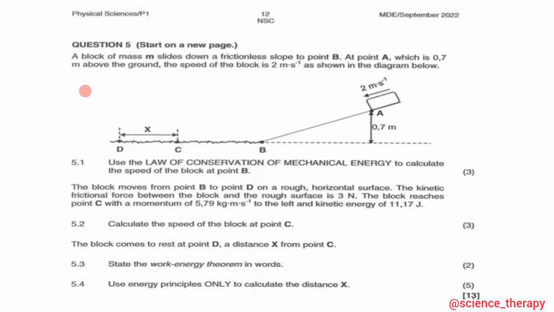So as we can see here, the block is moving from A all the way to B. Now we want to use the law of conservation of mechanical energy. We have the sum of mechanical energy at A is equal to the sum of mechanical energy at B, right? Now we know that mechanical energy is the sum of the object's kinetic energy and potential energy. Therefore, we have half